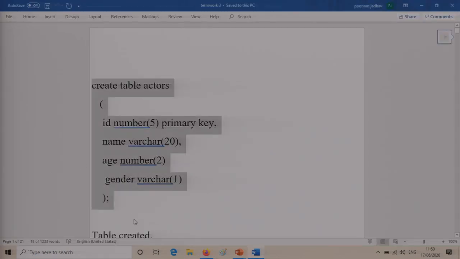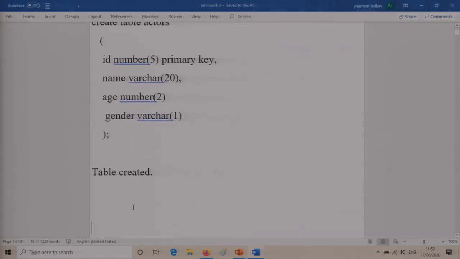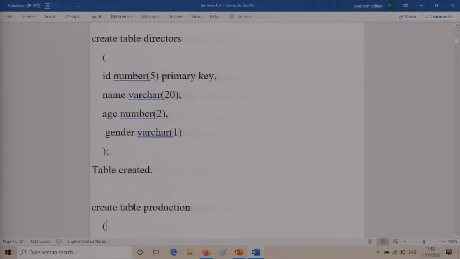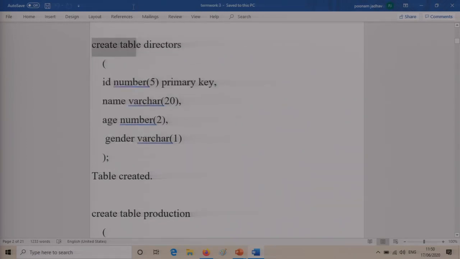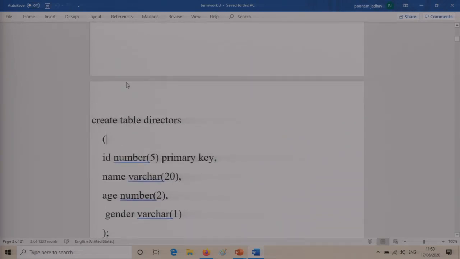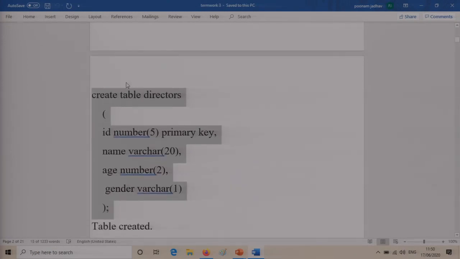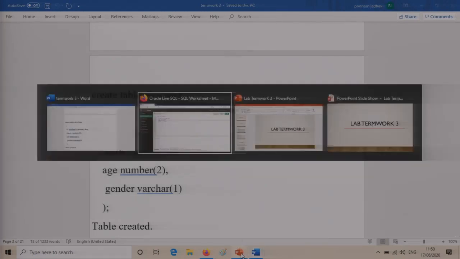Let's take up the next table now. This schema has already been explained in the previous lecture, so you can refer back to it in case you don't remember. The next table that I'm going to create is the director table. Definitely the sequence will be such that you either don't have a foreign key, or in case you have a foreign key, you have to make sure that the table the foreign key references is already created. So I'm taking them up in that sequence.